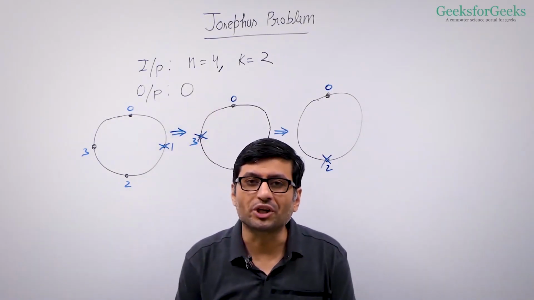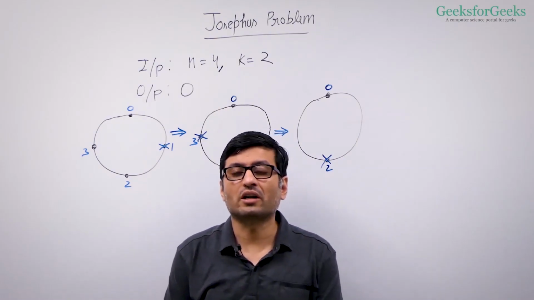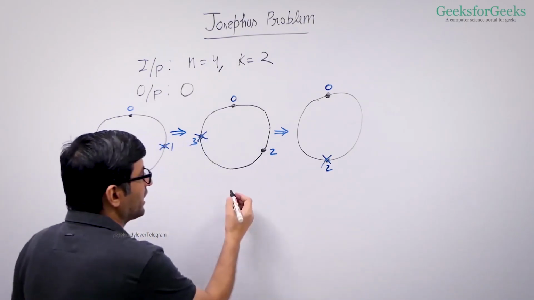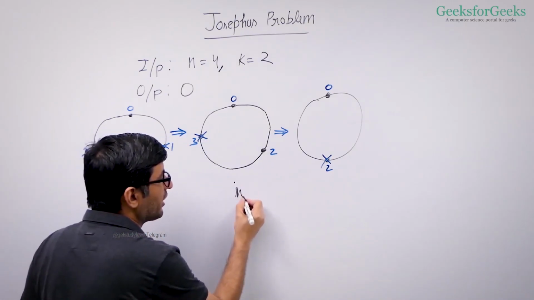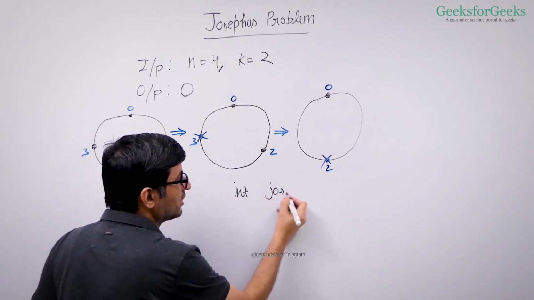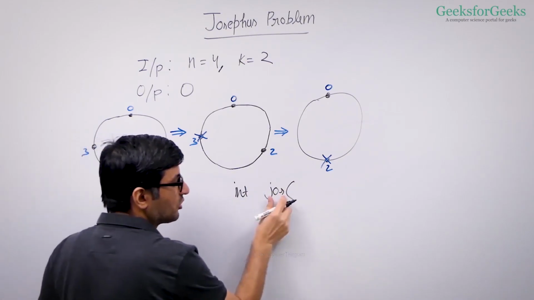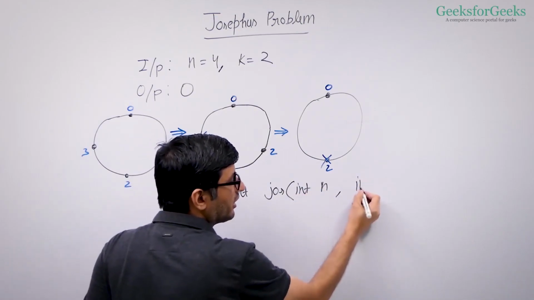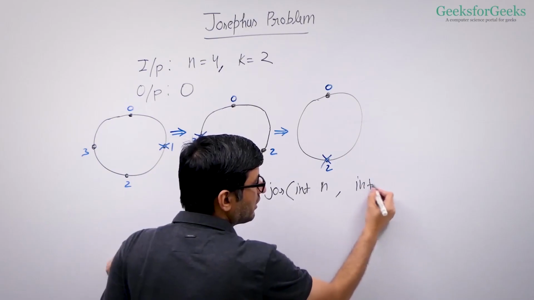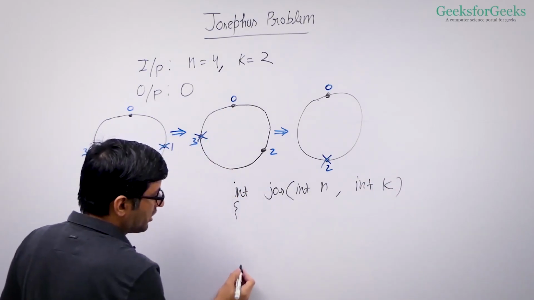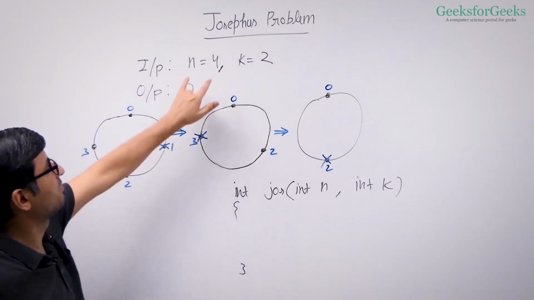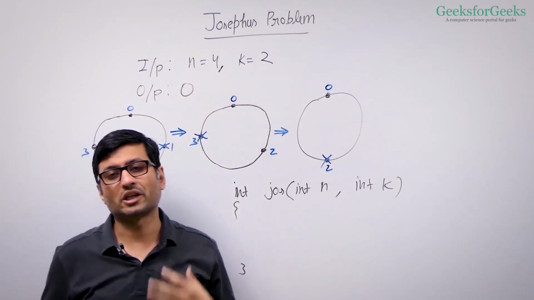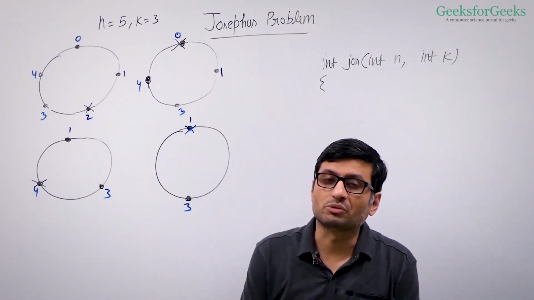Now please pause this video and try to write down a recursive solution yourself. You mainly need to write a function that takes 2 parameters and returns an integer value. Say I'm calling it Josephus, Jos for Josephus, and int n, int k are the 2 parameters to it. And this function should return the position. For this input, it should return the value 0. You need to think in terms of recursion. Before we talk about the recursive solution,